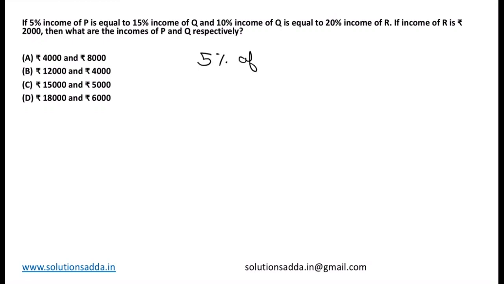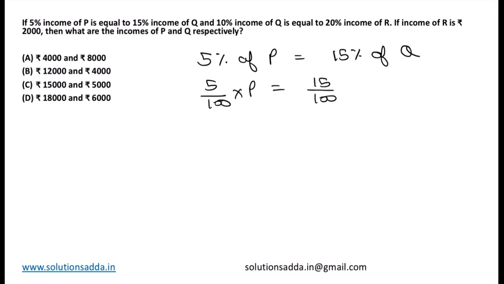5% of P equals 15% of Q. That is 5 by 100 cross P equals 15 by 100 cross Q. Similarly, 10% of Q is equal to 20% of R. That is 10 by 100 of Q equals 20 by 100 of R. When we simplify this, it becomes